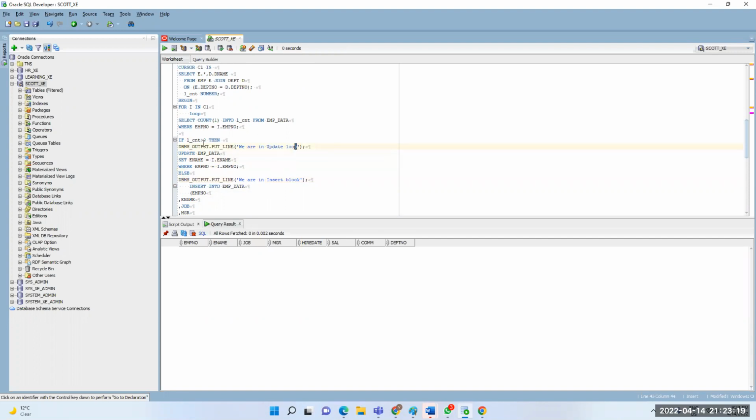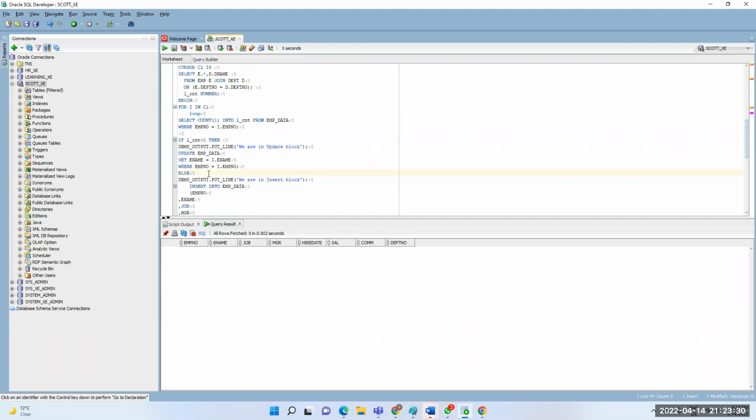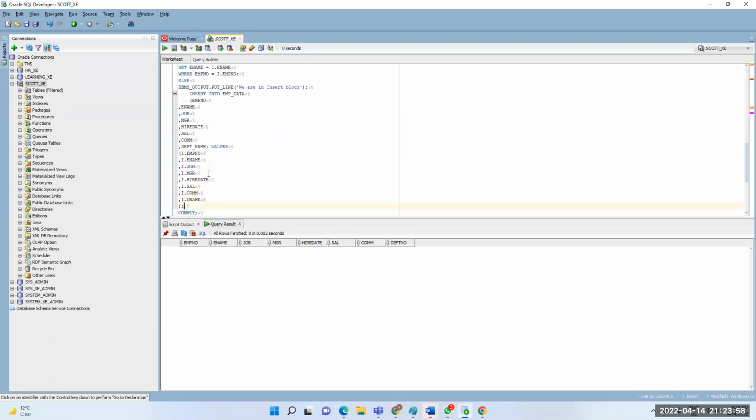And all this syntax we have to write inside the begin, right? Why are we writing in the begin block? Because we are executing those statements. That means we are not declaring anything. We are processing the record, so all the queries which we need to process should be in the begin block. I still didn't write the exception block here.